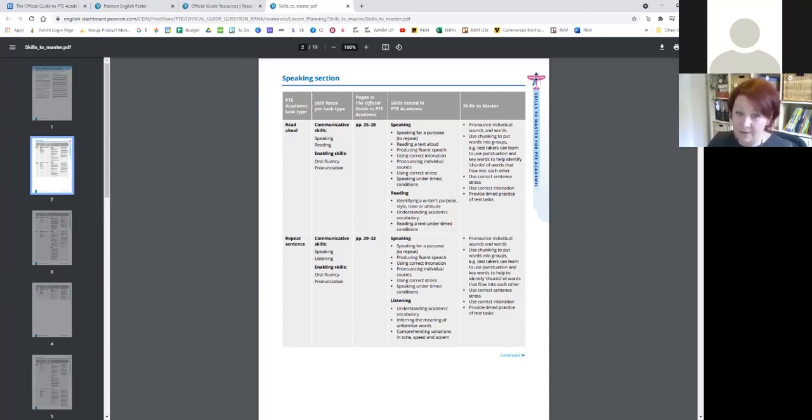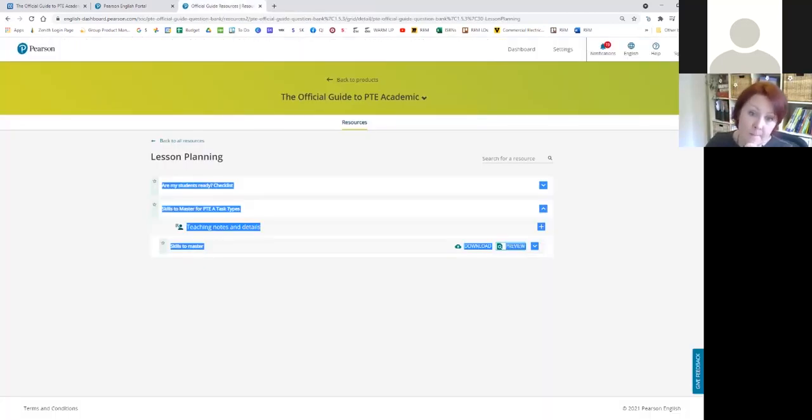So for read aloud task, it tells you everything that is tested, but it also tells you the language points, so pronunciation, using chunking of words, correct sentence stress, intonation. It goes into detail in the language points that you need to cover with your students or that they need to study at home. So again, really, really key, and that helps you a lot with your lesson planning.